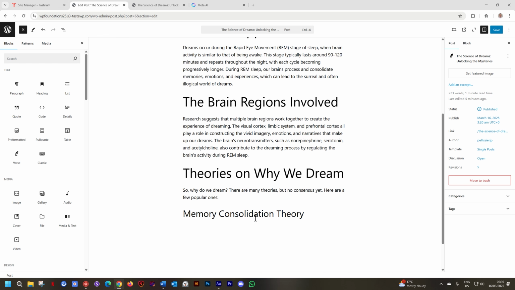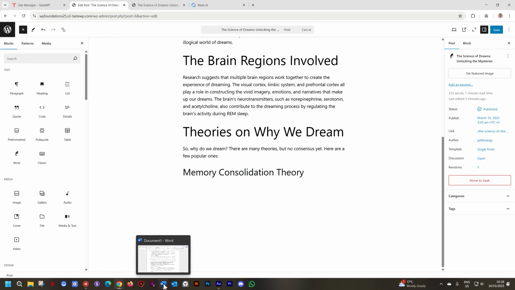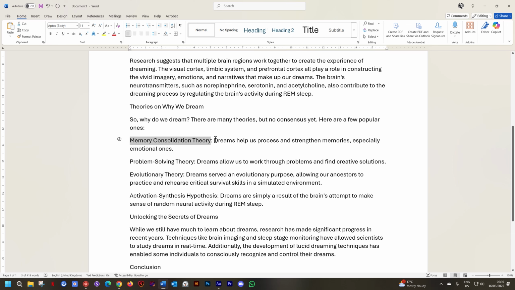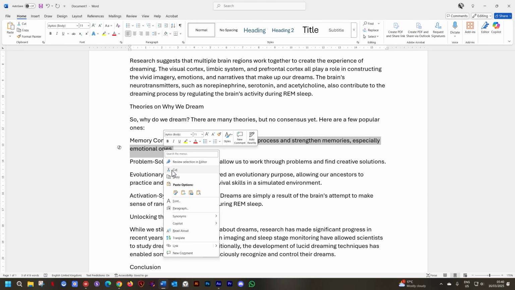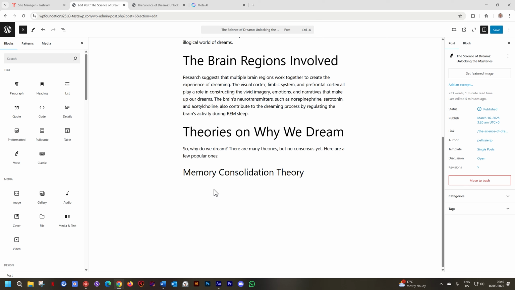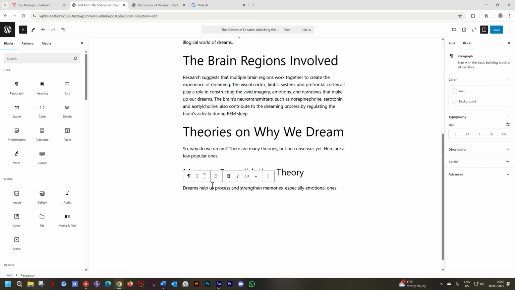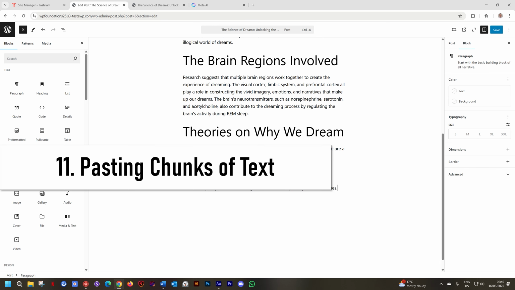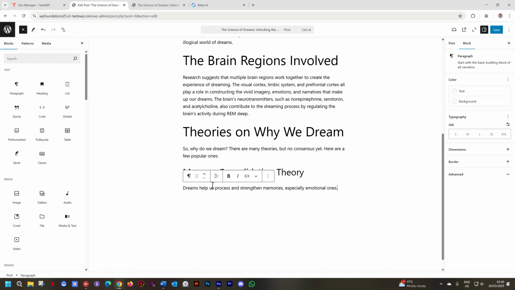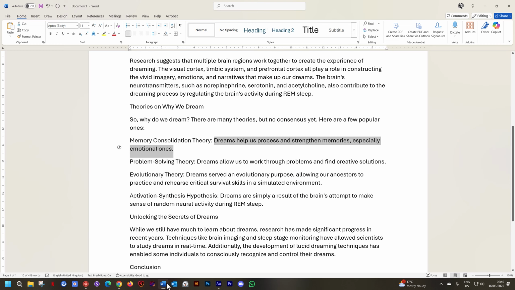Now that I've created this H3 heading, and you also have to get used to me saying things like H2, H3, I'll go back and I'll copy the rest of this text. And this text is only going to be normal paragraph text. So I'll just click here and I'll paste that. When you are pasting text into WordPress, you don't have to do what I'm doing one by one by one. You can actually bring in everything and then just switch them out quickly by changing what kind of block they are. Let me show you, and then we do. Oh, well, that's the same thing.